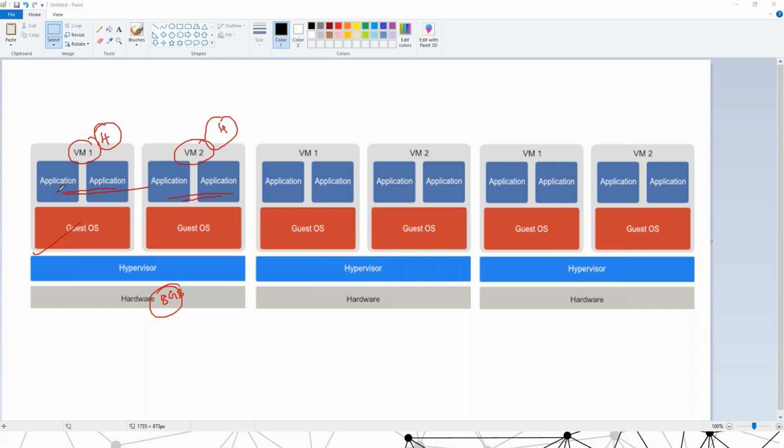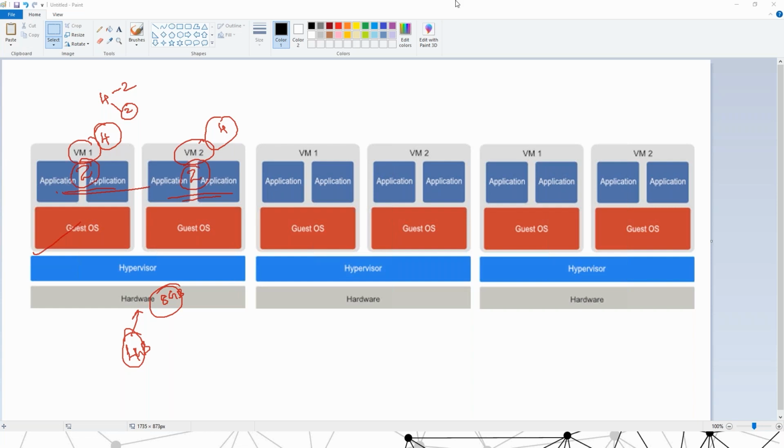So these applications are using a maximum of 2 GB. Let's assume that the applications are only using 2 GB in one computer and 2 GB in another. Like the question that he just asked, out of 4 GB, only 2 GB is currently utilized. The rest, 2 GB, is not effectively utilized. That means 2 plus 2, totally 4 GB of this physical hardware is currently not effectively utilized. It's wasted. That is one problem.